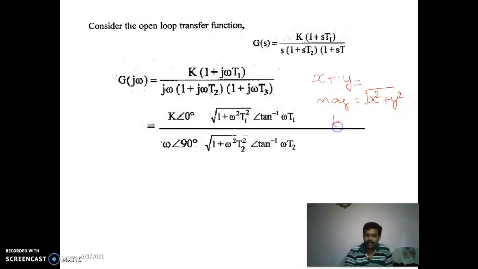Then its angle, the phase, is tan inverse of y by x, that is, the imaginary part divided by the real part. Similarly, here they have calculated the magnitude and phase. So for this one, the angle is